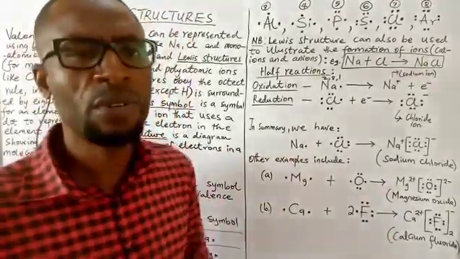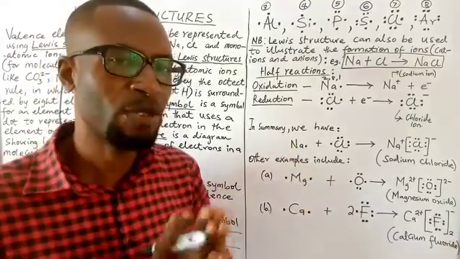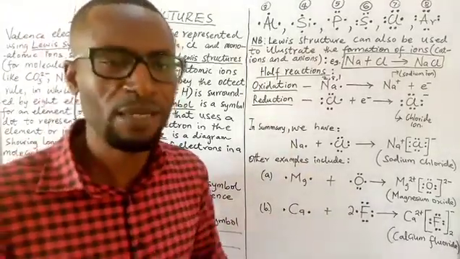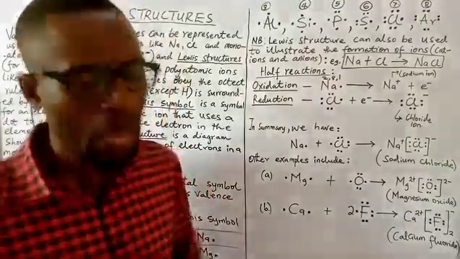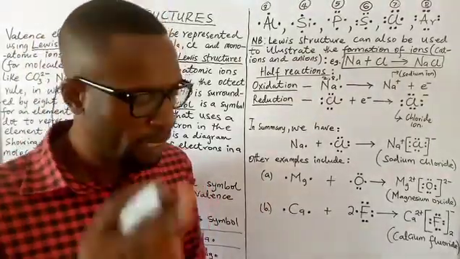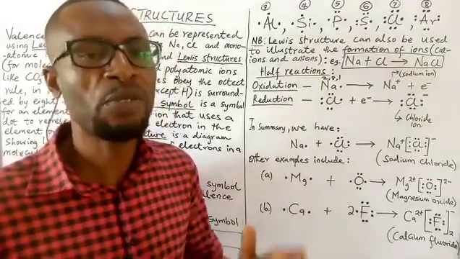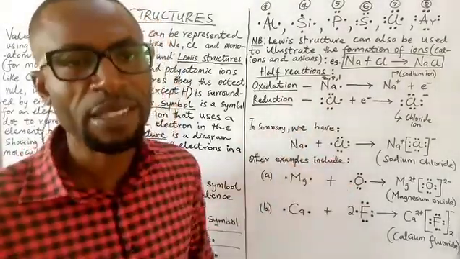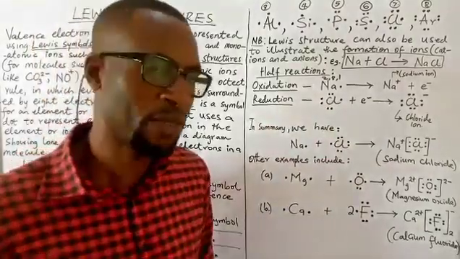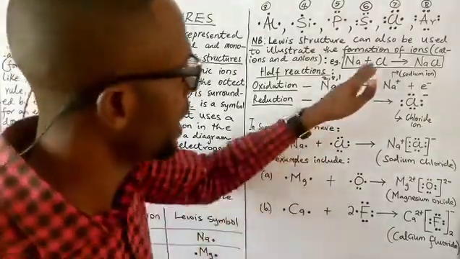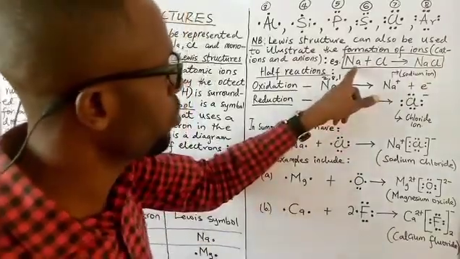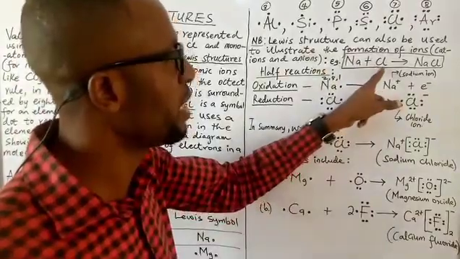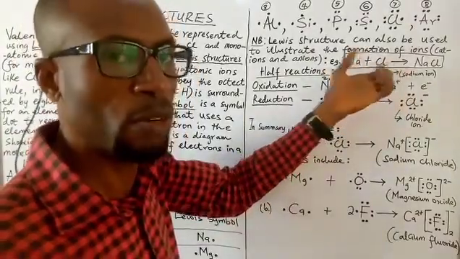In one of my lectures, I'm going to beam my searchlight in discussing redox reactions in detail and how to balance those redox reactions. Basic knowledge in chemistry tells us that in redox reactions, there is usually a transfer of electron from one atom to another, giving us what we call half reactions or half equations. So in this particular case, you have sodium, of course, which is a metal, giving out one of its valence electron to chlorine, which chlorine receives.